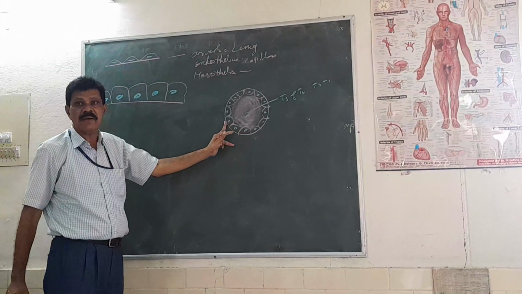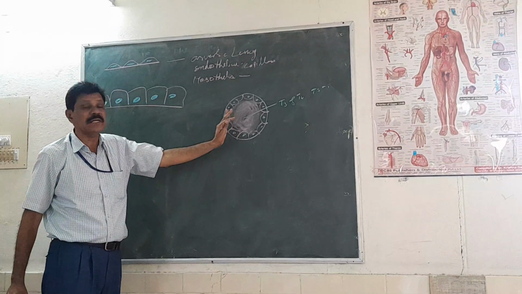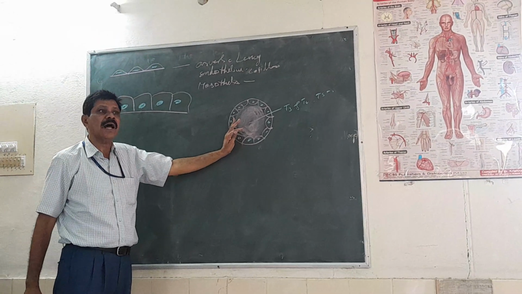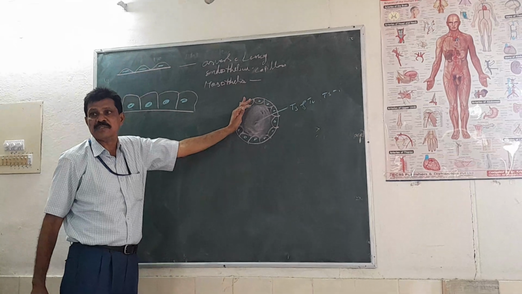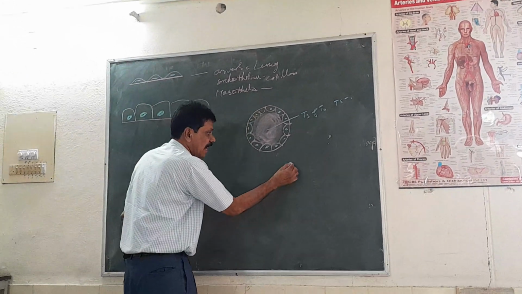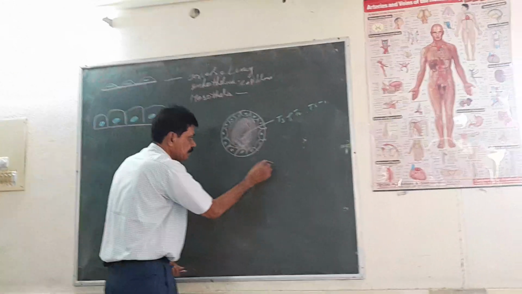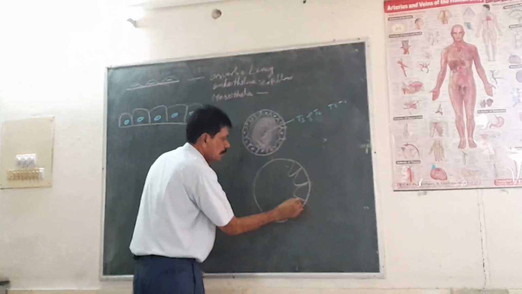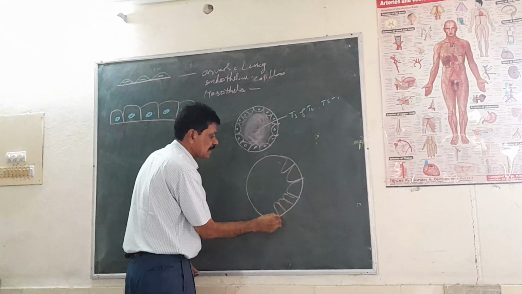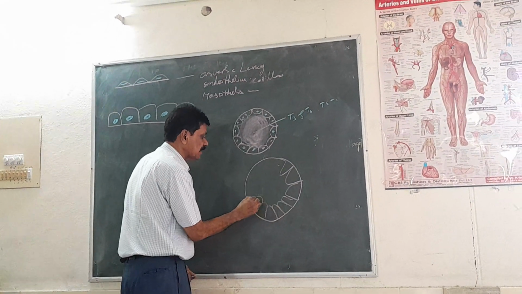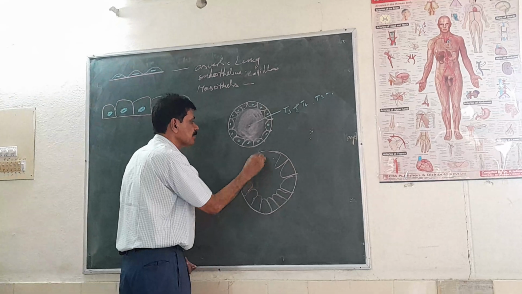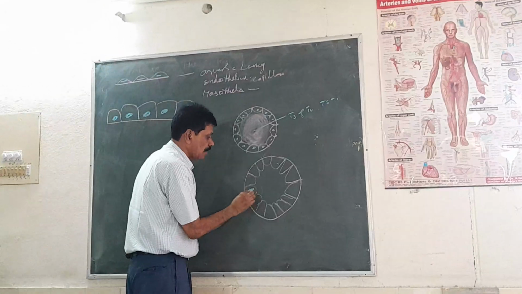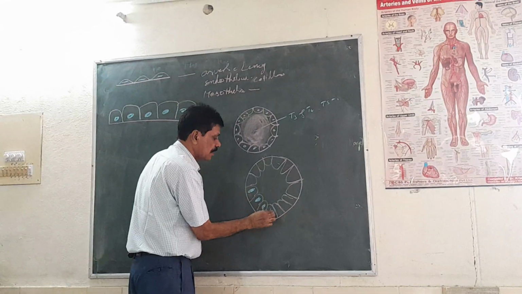Here one thing I am telling: there is a clinical aspect related to the thyroid. Hyperthyroidism, hypothyroidism and normal thyroid. Normal thyroid is like this, cuboidal epithelium. If it is hyperthyroidism, it will be like this. The length and breadth will not be the same. In hyperthyroidism the epithelium is like this, and here a long oval nucleus will be there.